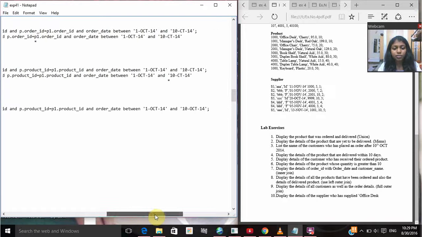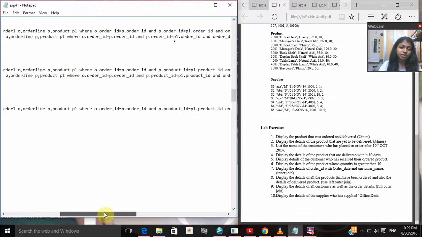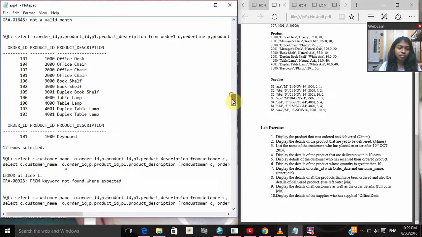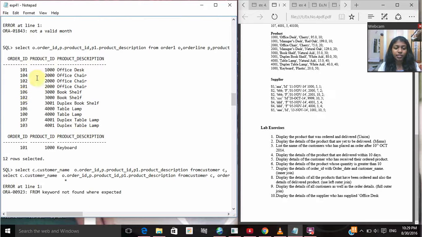Here you can see that I've used the BETWEEN and AND function. When I use this function, it's going to display all the customers who have placed an order and received it within 10 days. So 1st October 14 and 10th October 14 is the time limit, and these are the customer details: the order ID, the product ID, and the thing that has been delivered.